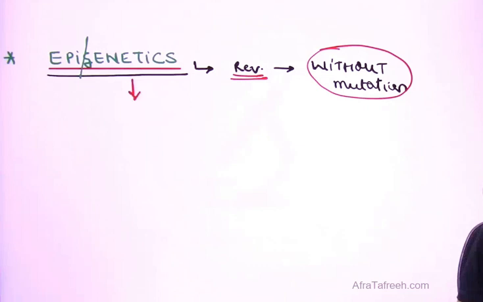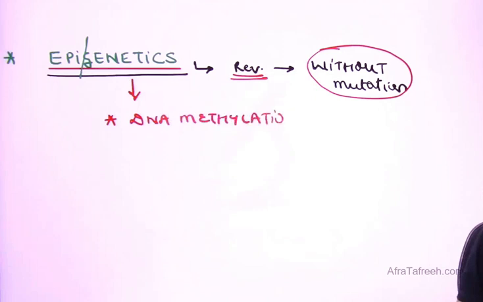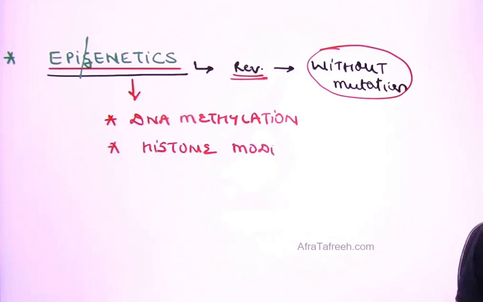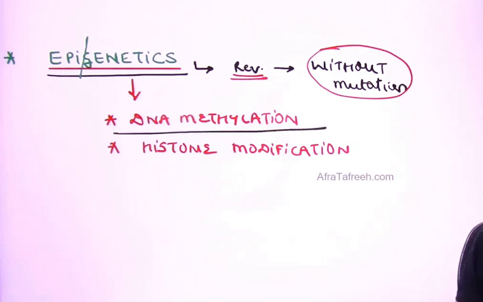Classically, there are two mechanisms, and that is what has already been asked as a question in the exam. You can have a mechanism which is given the name of DNA methylation, or you can have an alteration in the activity of the histones. So DNA methylation, and what I can make a mention of over here, histone modification, which is usually associated with something like the acetylation over here, is what is going to be associated with epigenetics.